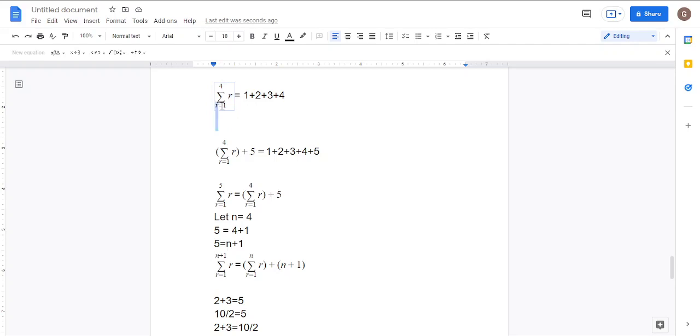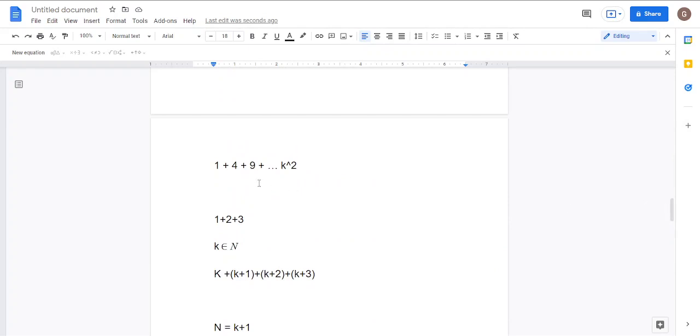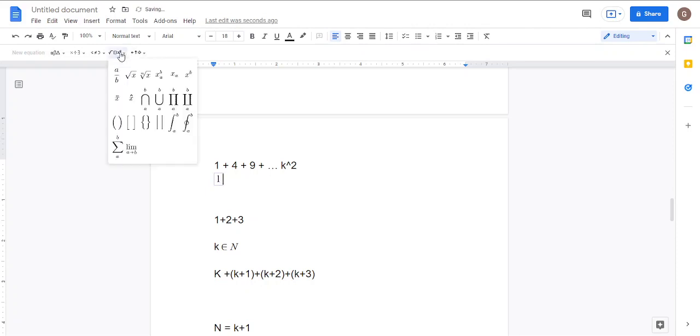Because you can see the first one here, the start point is r equal to 1. That's why the first term is 1 here. And the last one is 4. That's why the last term here is 4. And everything in between we fill in. That's what the summation is representing, everything in between. Okay? So if we have it with the r squared, that'll be the same thing as the 1 squared